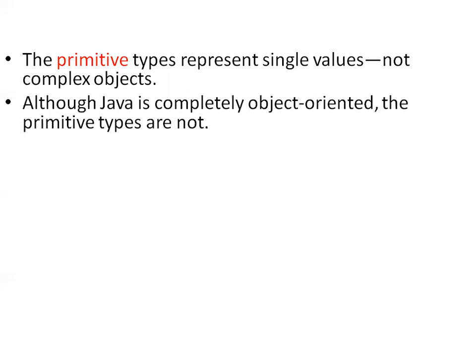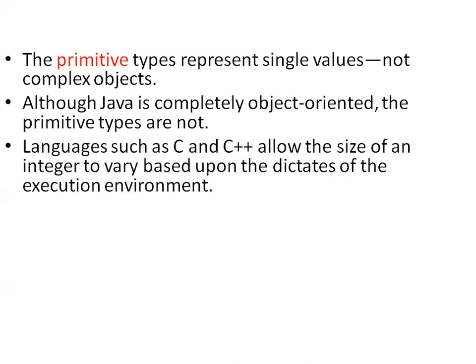So we said that Java is object oriented, but these primitive types are not defined as object oriented. They are defined as in C++. These primitive types are not object type definitions. Please remember, in C++,